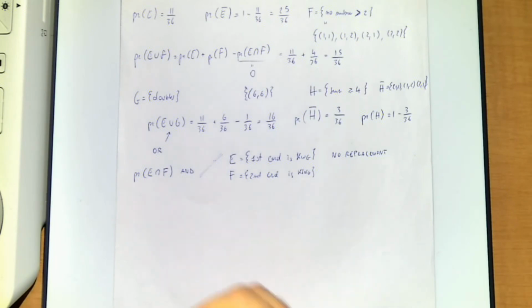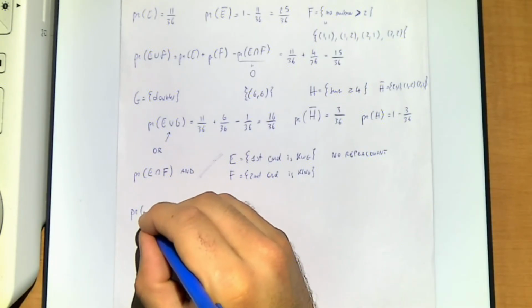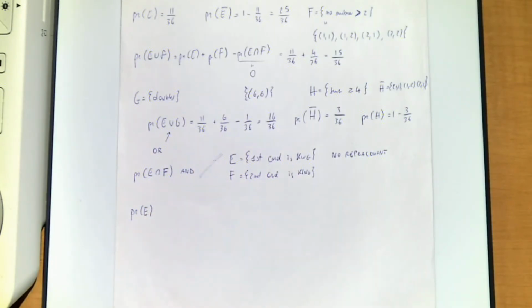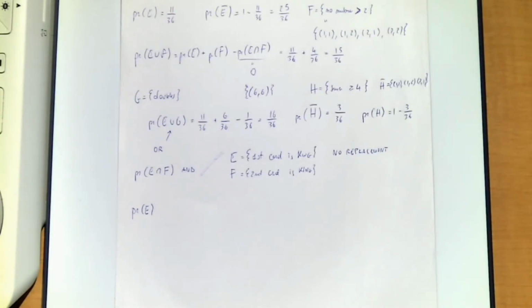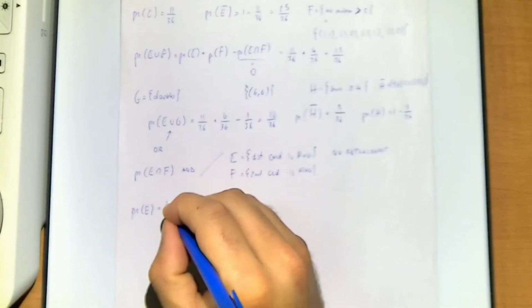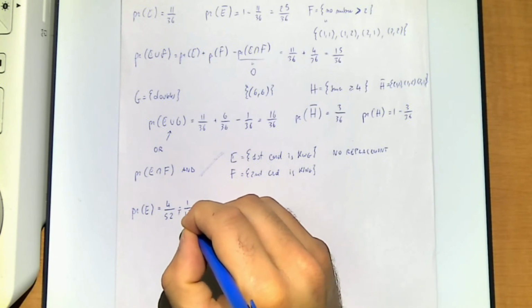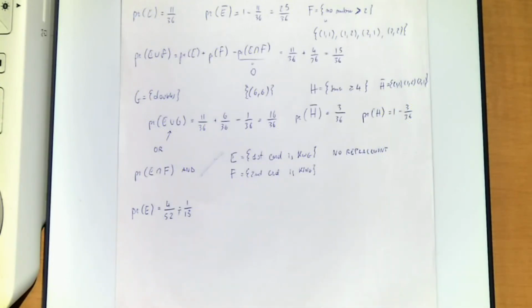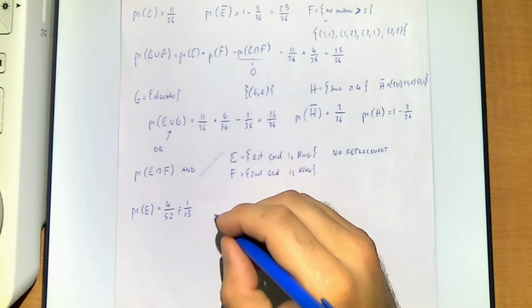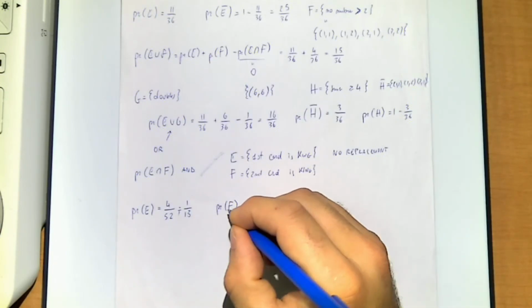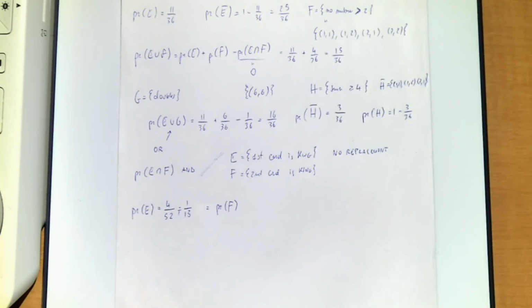So clearly, I'm drawing the first card. The probability of E is 1 over 13, because it would be 4 over 52, right? I have 4 kings in the deck, one per suit, so this is equal to 1 over 13. So this is easy. The probability of drawing a king in the first card is 1 over 13. Now, what happens to the probability of F? Well, that's the same, right? That's also 1 over 13.